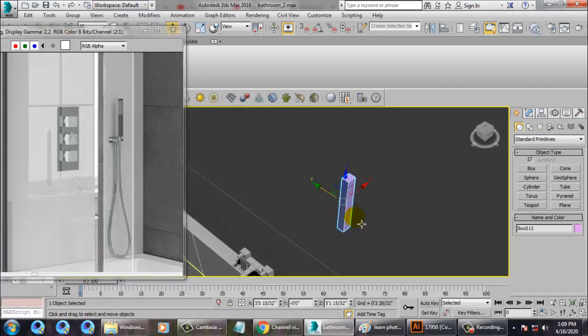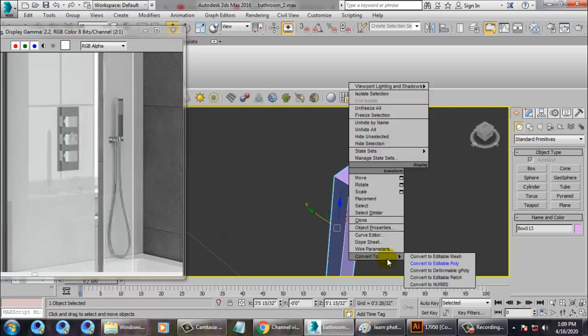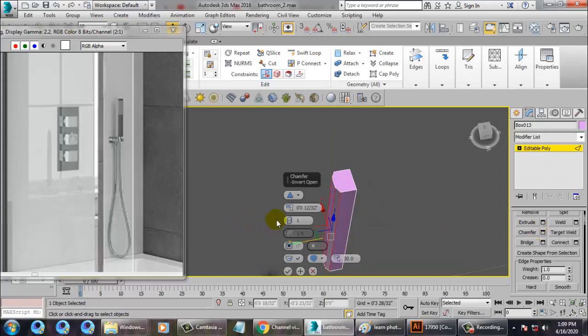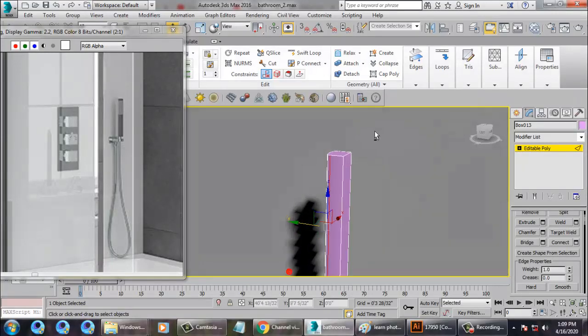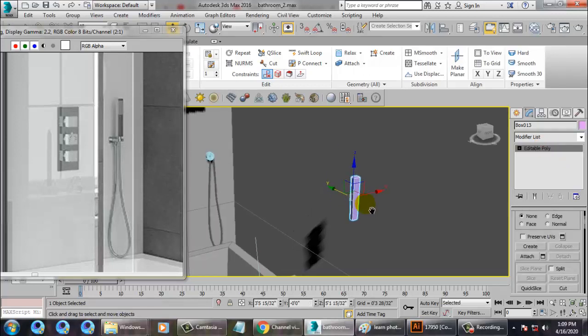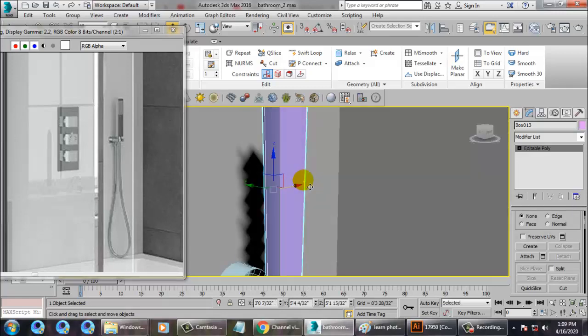now let's convert to editable poly. Select this edge and this edge and give a bit of a chamfer to it. So you can just scale it if you want, and you can just increase the size from the top. Alright, so let's push this in the right place.